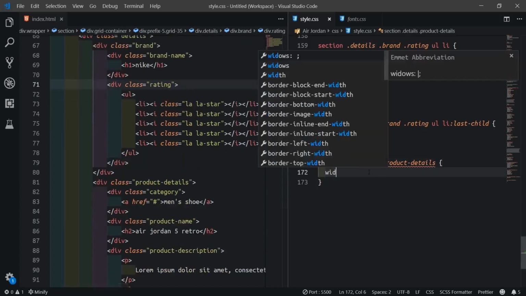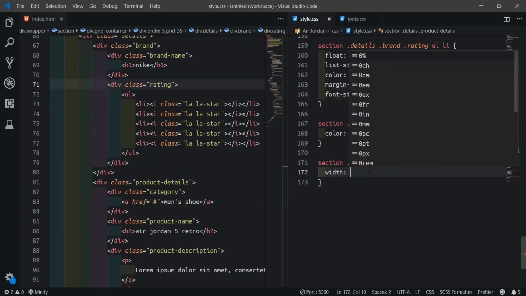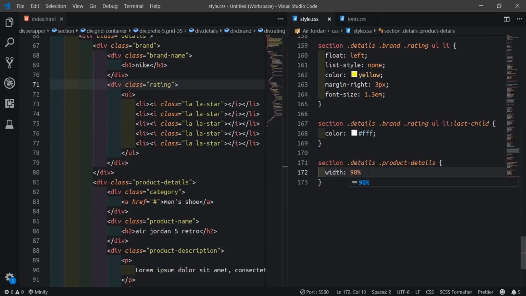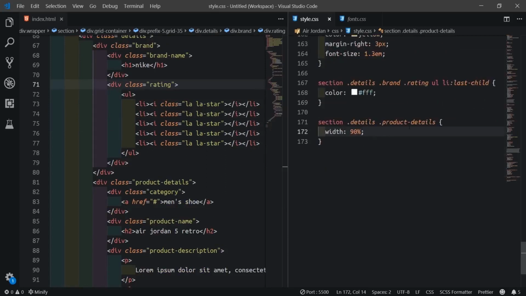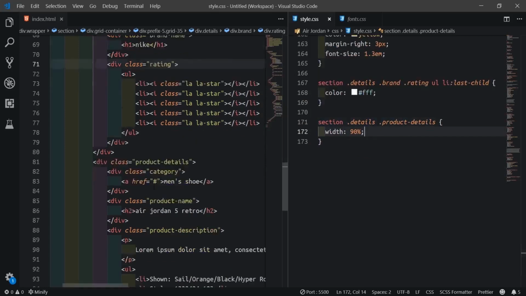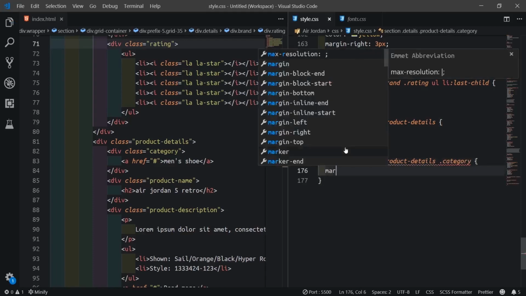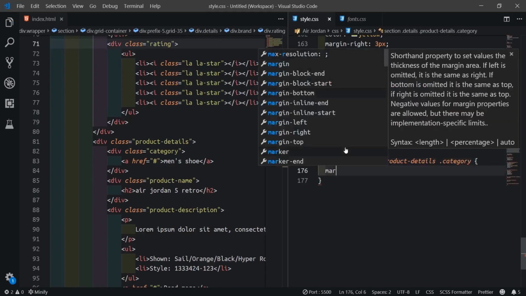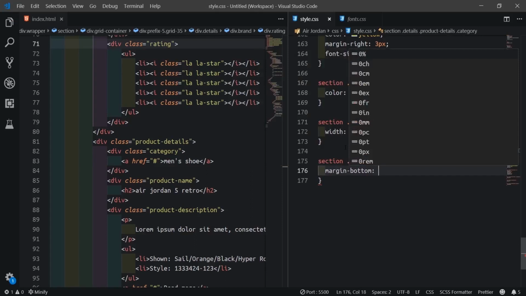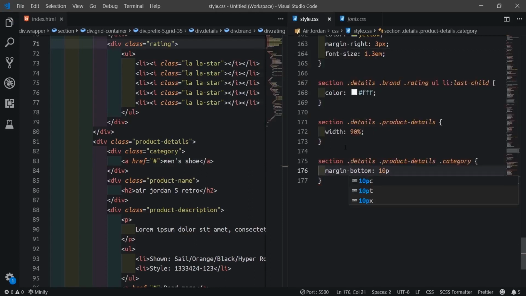We'll say maybe the width be like 90%. Then section details, product details. Then we need to target category now. So dot category. Then margin bottom to be like 10 pixel.